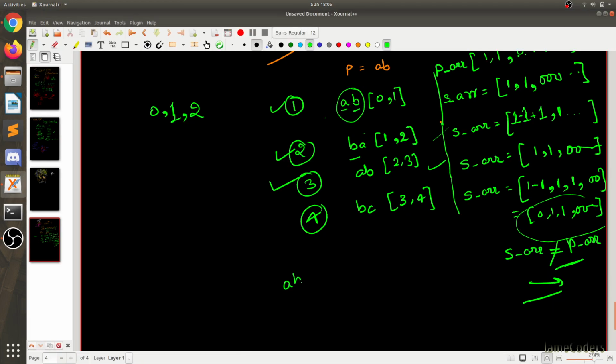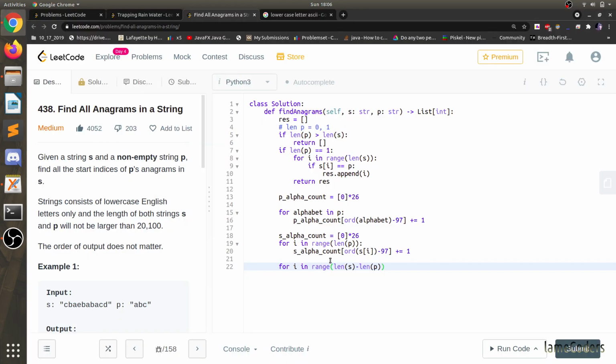If we have A, B, C, we only have to traverse till here. Length of S is 5, length of P is 2. So we have to travel till 5 minus 2, which means 3. Let's see where is 3: 0, 1, 2, 3. Okay, we have to take this. So if we want to take this, length minus plus 1.